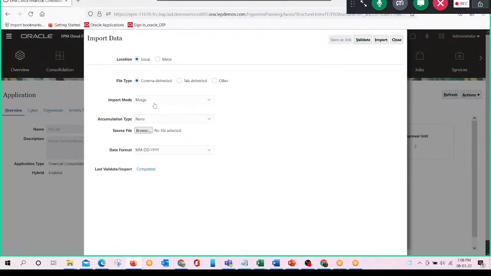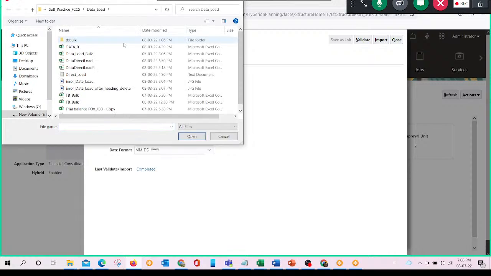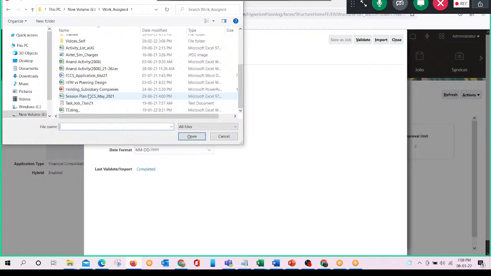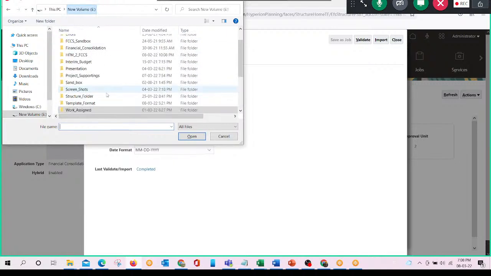This is comma delimited, and the import mode will be replace. It will replace any data already available on this account. Accumulation type will be none, and for the source file we have to define the location of this file. So we will go to our application,